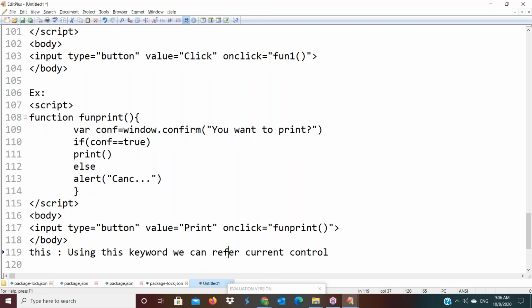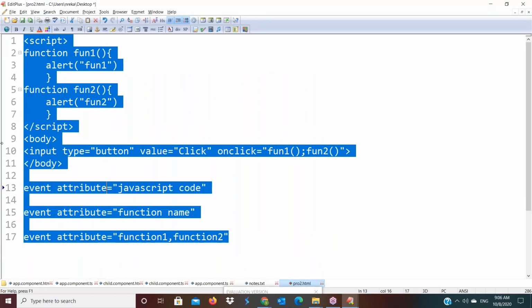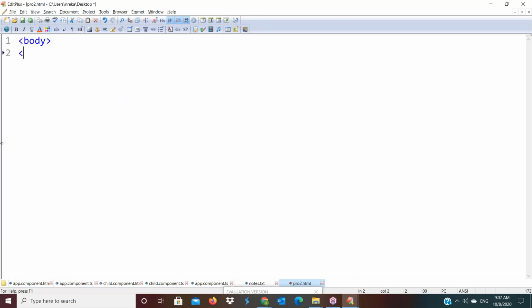Using this keyword, we can refer to the current control. The reference of the current control is this. It is very important for us, this keyword. So what are we using this keyword for? To refer to the current control. For example, within the body,